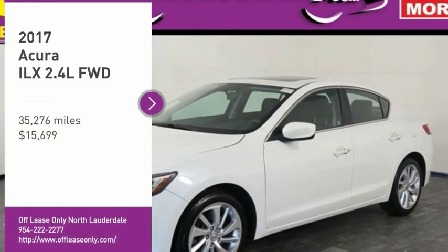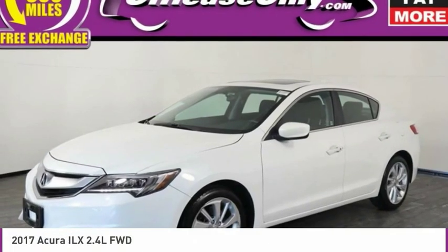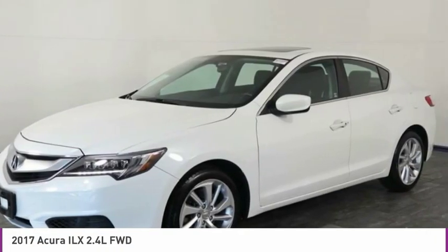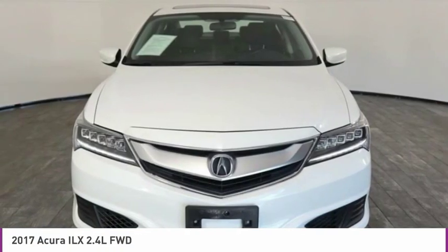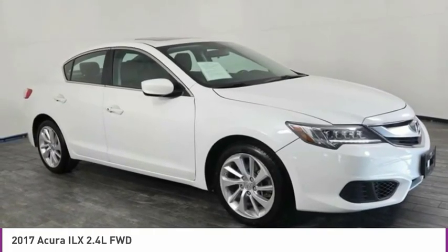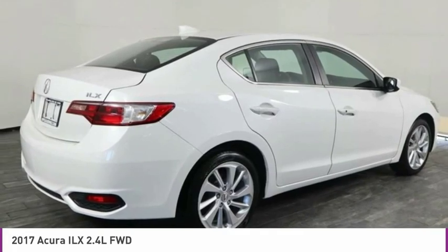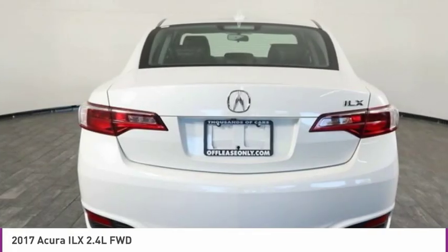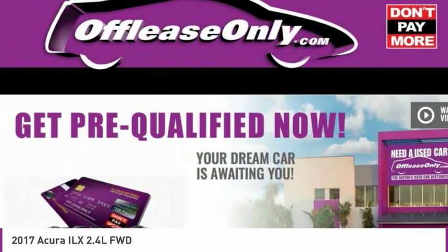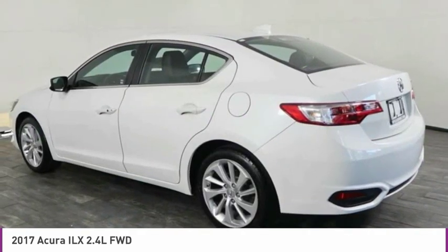Stop by and take a look at the 2017 ILX. The luxury in the new Acura ILX includes leather heated seats and a powerful array of voice command and high-end technological advancements, while being powered by a high-performance engine that propels this compact sports sedan quicker than you may expect. If enjoying the drive is something important to you, then the ILX might be the one you are looking for,